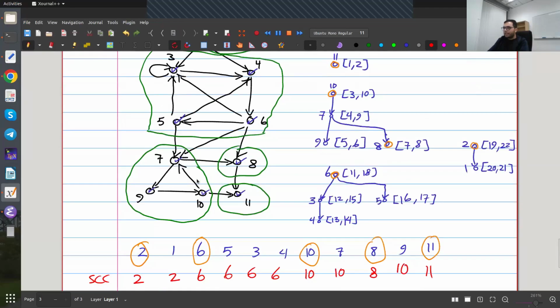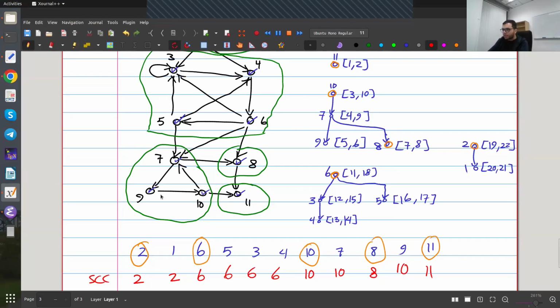In this case, you see that from 6, I can reach 10 in my original graph, but from 10, I cannot reach 6. So it means that the end time of 6 is going to be after the end time of 10. Because either I see 6 first, in which case 10 becomes a descendant of 6, and then the end time of 6 is after the end time of 10, or I see 10 first, as happened here, but that means I will not see 6 in the same tree. So I will see 6 in a later tree, and then the end time of 6 will be after the end time of 10. So in any case, if there is a path from one vertex to another vertex, from 10 to 6,